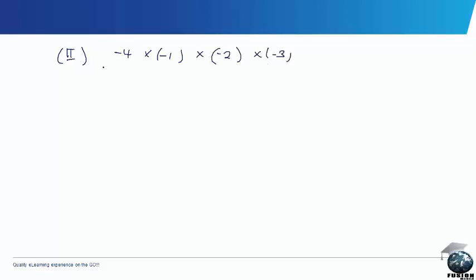Alright, so all you need to do is you can do the two of these together, and as well do the two of these together. So you have minus minus giving you plus, and then 4 times 1 is 4. And then here too you have minus minus, and you have an outcome of plus, and then 2 times 3 is 6. So you now have 4 times plus 6,